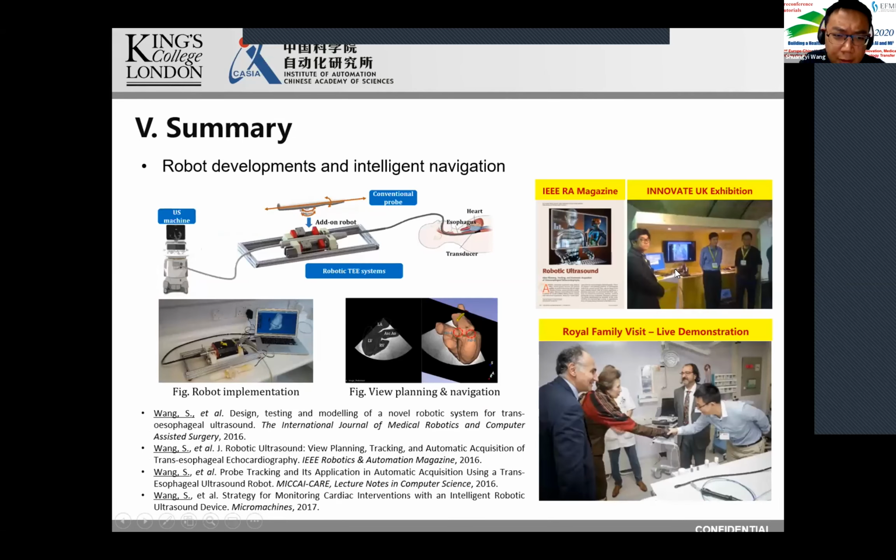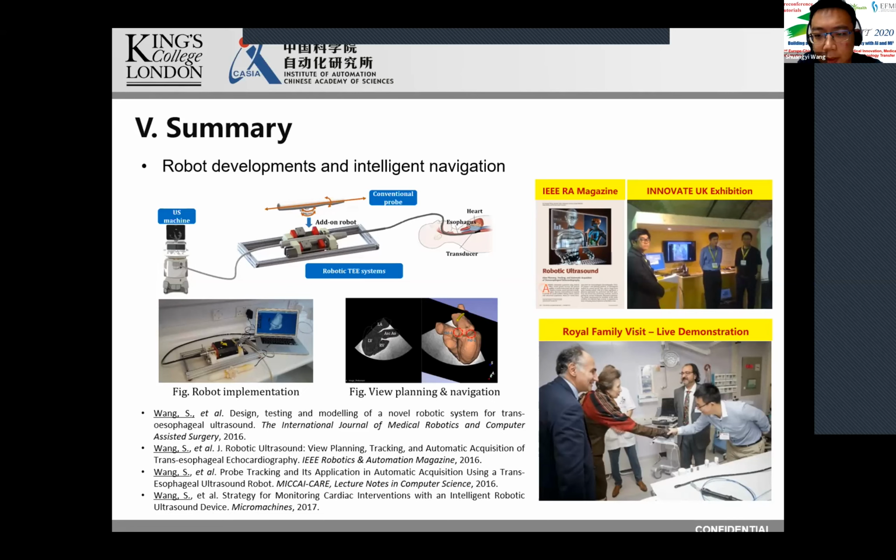So a very quick summary of this robot. We developed the first prototype. We did lots of view planning and navigation work, and we had quite a lot of publications to support that. The most representative one was published in the IEEE Robotics and Automation Magazine. We also managed to